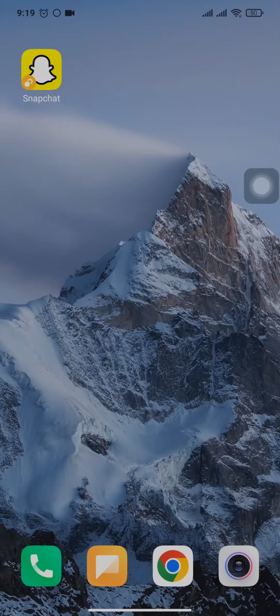This is another tutorial video, and in this video we're gonna take a look at how to fix Snapchat camera zoomed in. So when you open up Snapchat, your camera is automatically zoomed in. You could try out the fixes that I'm going to show you in this video, but before you get started,